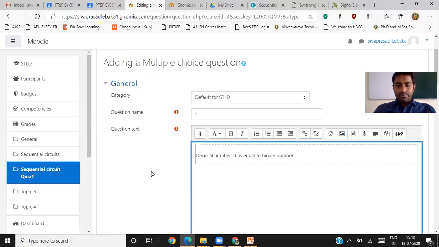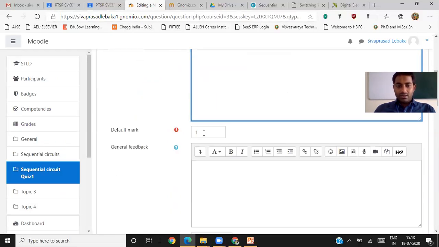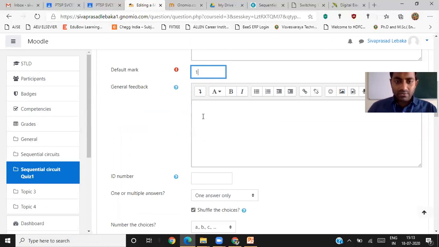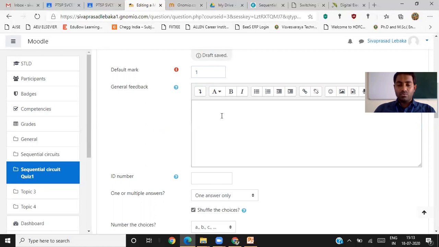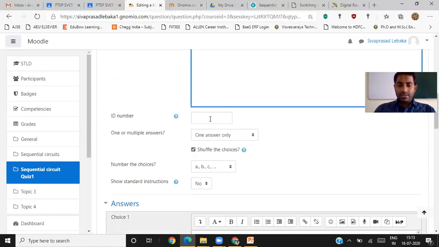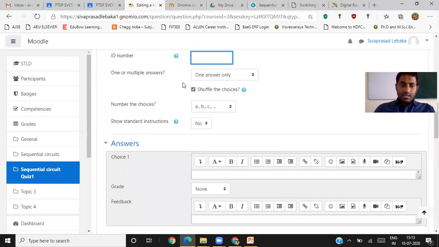You can simply give that question, and how many marks you want to allot to that question, default mark, and general feedback. If you want to give that general feedback, you can give there, and ID number you can give if you want. Here some more options like one or multiple answers.